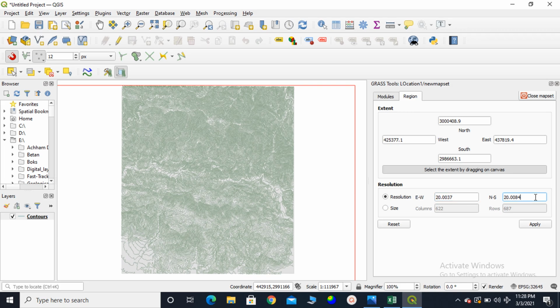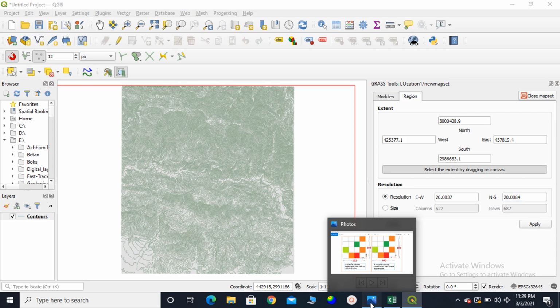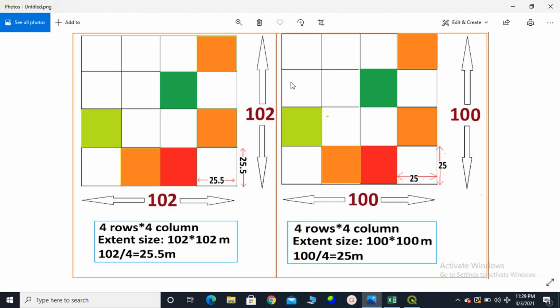So for an exact 20 meter DEM, which means a cell size of 20 by 20 meter, we have to work on our extent. Before moving on to that, I want to show you one example of how this works. Here in image A, the extent is 102 meter by 102 meter. Now if we want to make a 25 meter DEM, that is a cell size of 25 by 25 meter, then